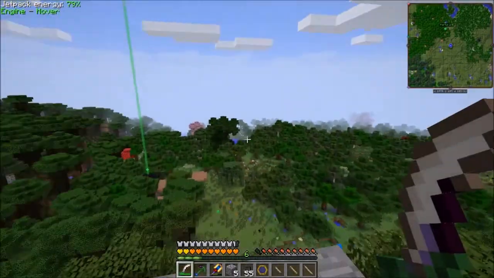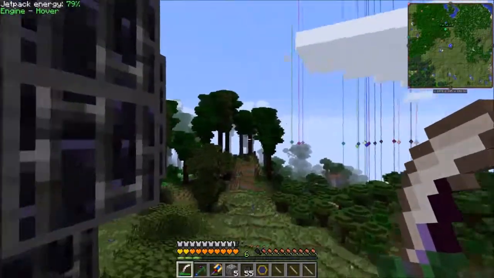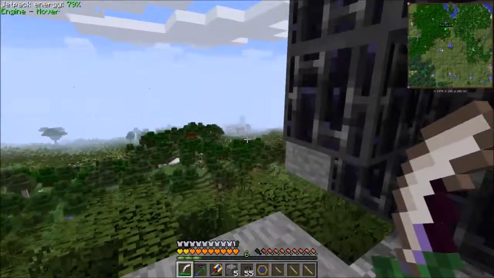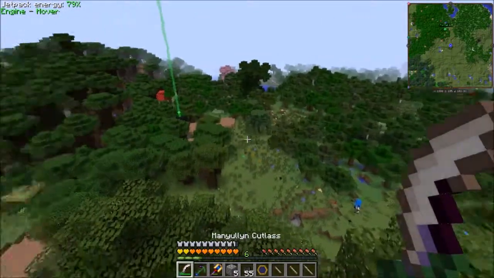So, there you go. Wither Battle Arena. That's why I put it up here, is because he might throw some stuff out, and hopefully he doesn't hit anything if he's up this high. Won't damage anything, but